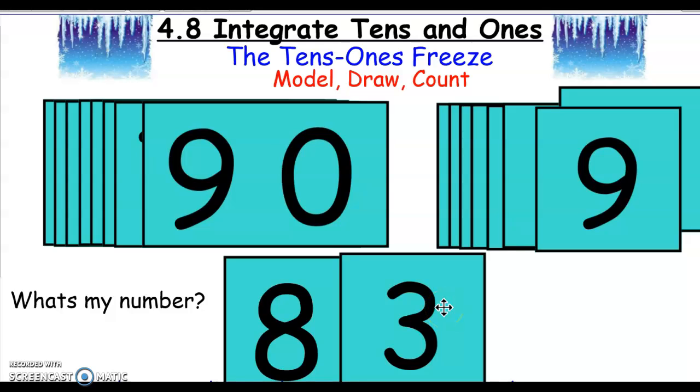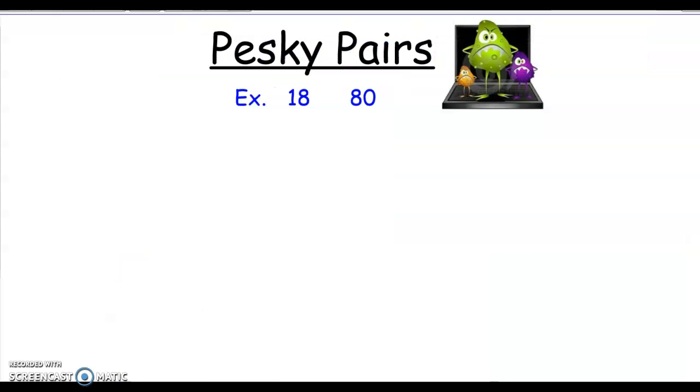And the homework helper or anybody that's at home can pick any number underneath 99, and I want you to draw the tens and the ones. The next thing we want to talk about